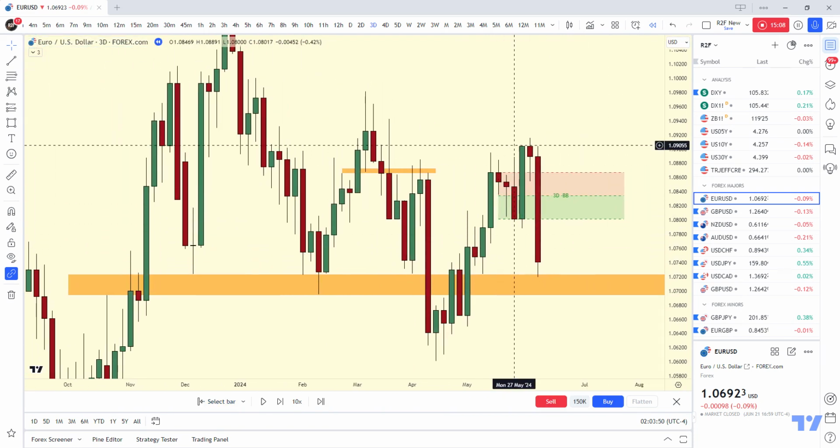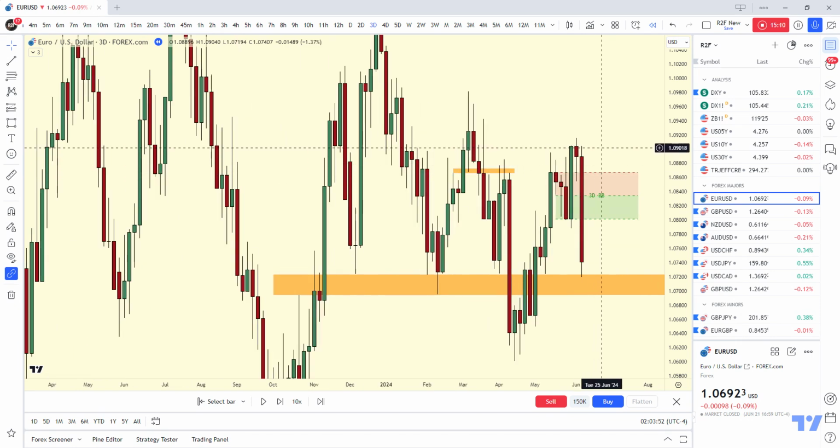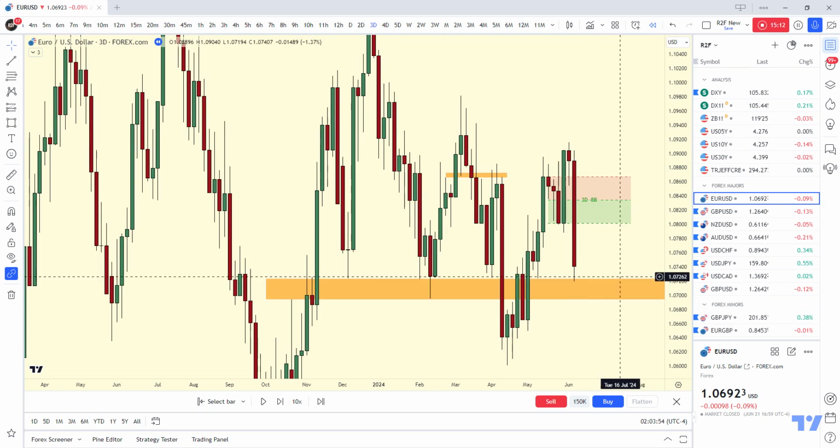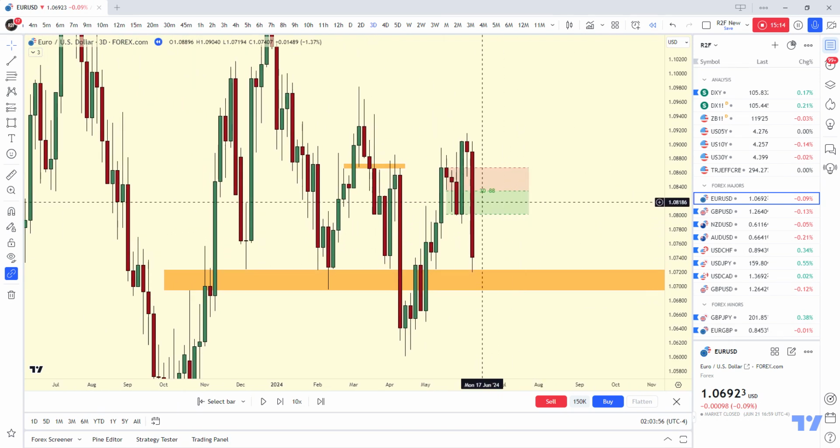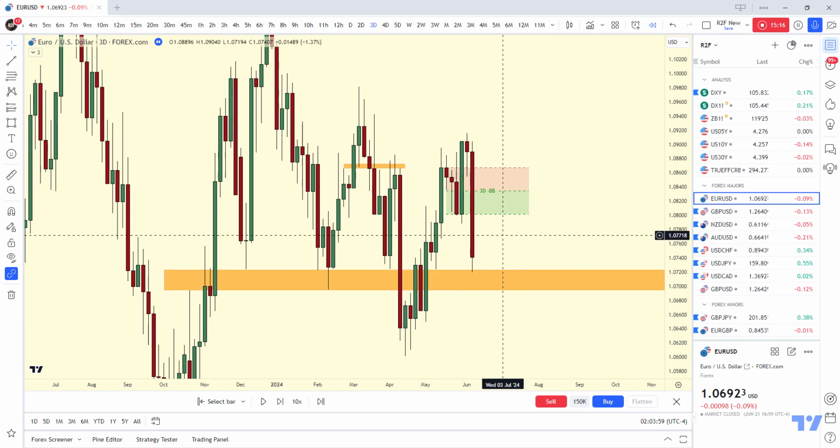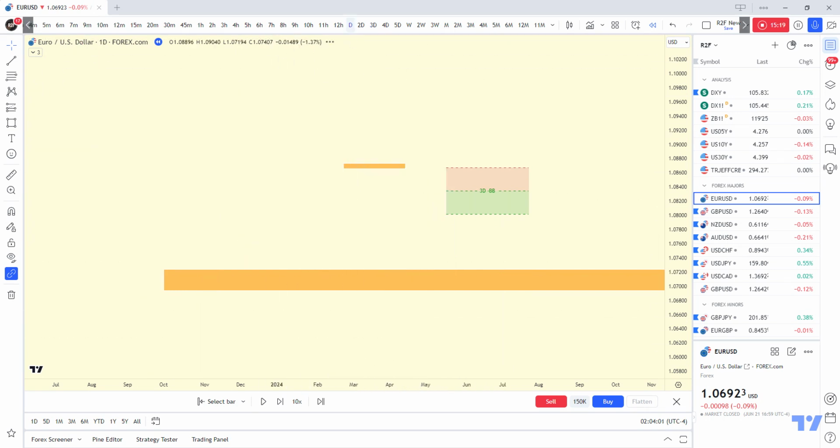What am I waiting for? This big expansion down. I'm bearish on the euro, bullish on the dollar. What do I want to see? I want to see price come back into here and then expand down. Okay, so going into the daily,